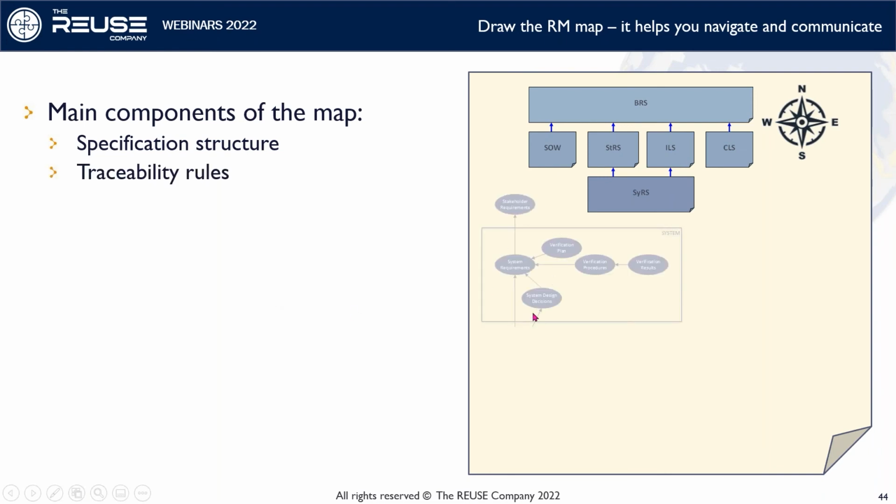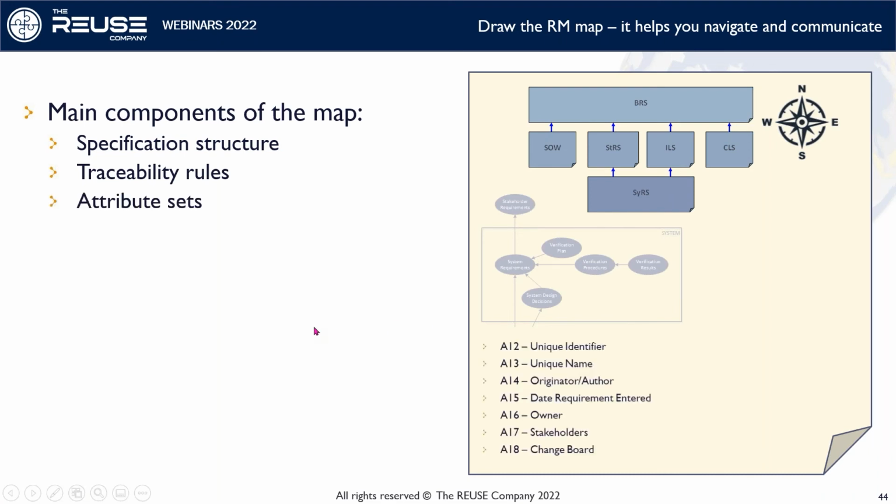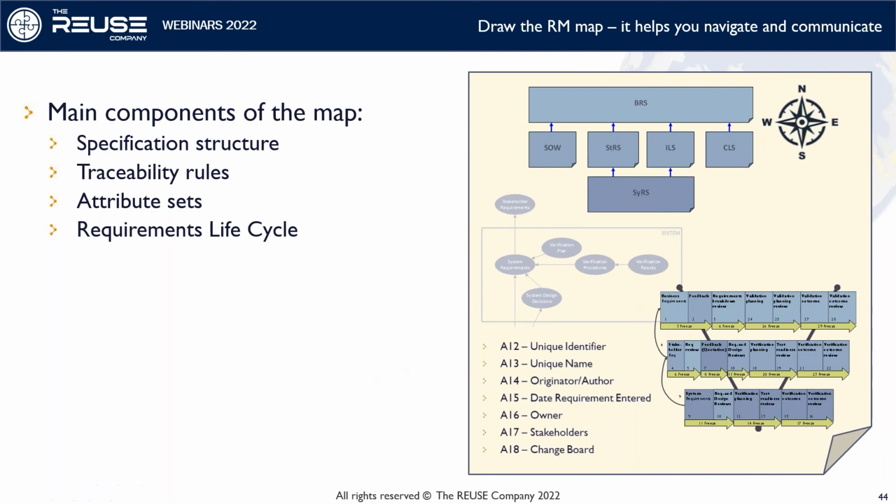We should have traceability rules: what should be linked to what, and for what purposes, and how. We should have attribute sets, as we have also been talking about, defined to say exactly the use and need for each requirement. And we should have the requirement lifecycle, saying that this and this and this would be happening at this time, and the data produced here and here refers back to attributes or traces, or something that needs to be created and reviewed and frozen at different points of time throughout